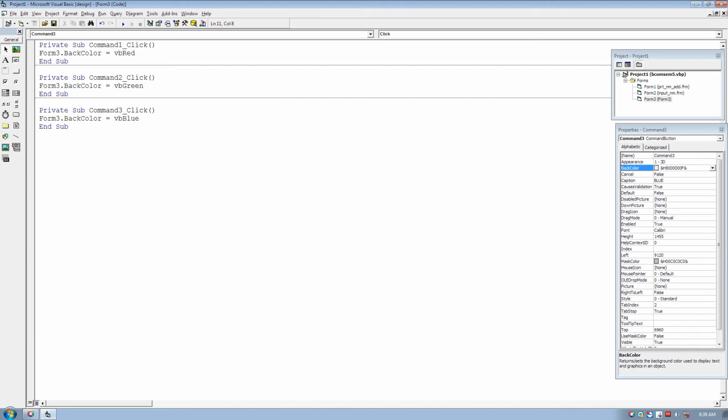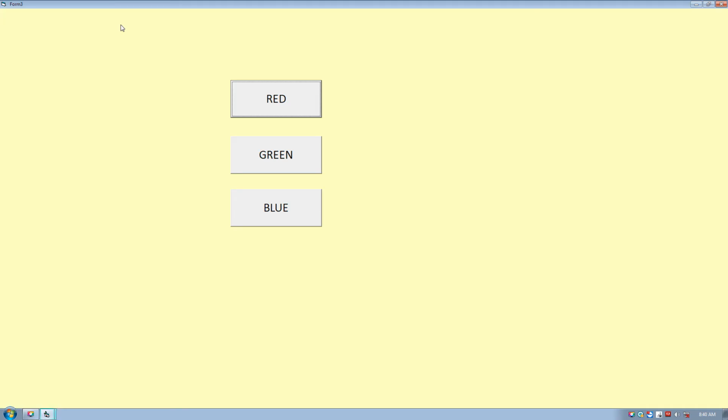They are called color constants in Visual Basic. Out of them, we have tried to use 3 color constants in our events. Now if you run the form, look, the back color is yellow because at design time we have set the back color of our form to yellow. Okay? Now what we have done at runtime, when you run the form, at that time we have also written some code.